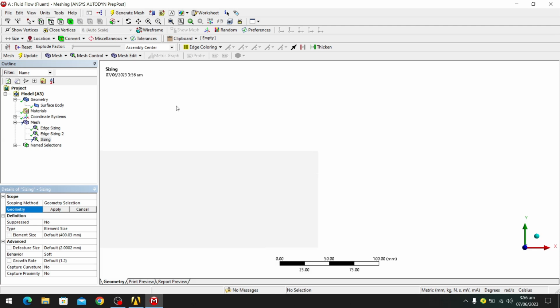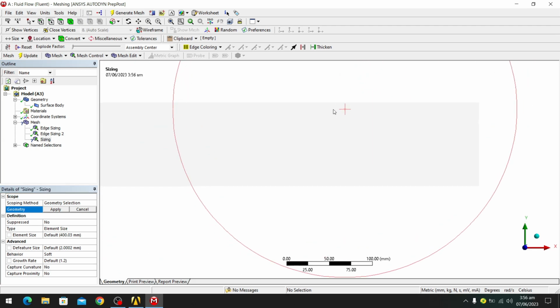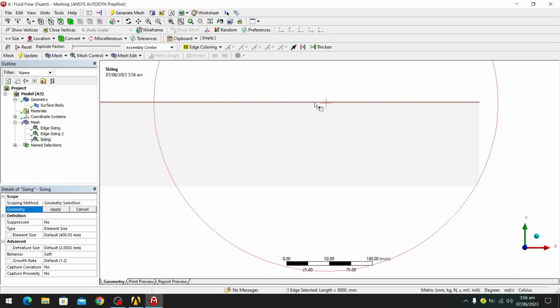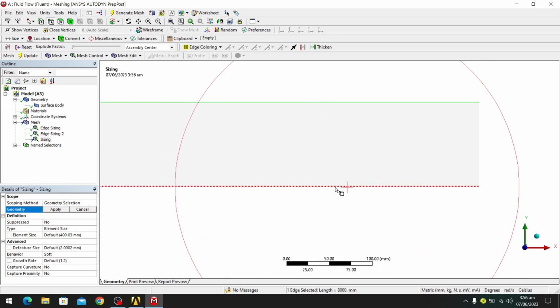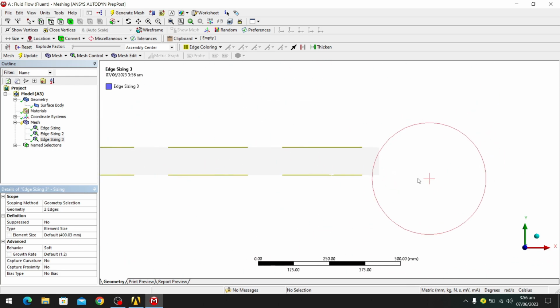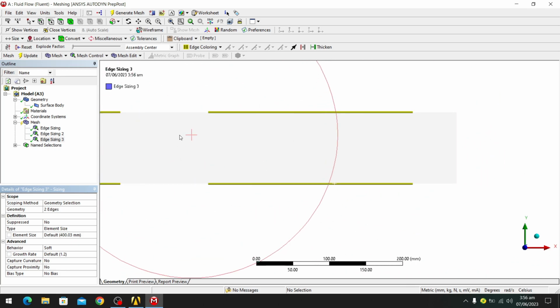Now this time we have to select two edges, because both of them will have equal divisions and no bias in them. So select both of them by pressing the control key on your keyboard and then apply. We have selected two edges. Now, as we selected in the bias 100 divisions and 60 divisions and 60 divisions, we will go for 100 divisions over here,